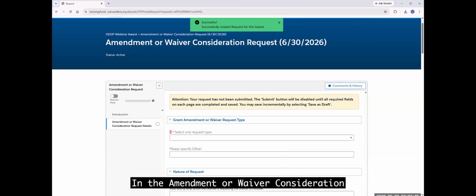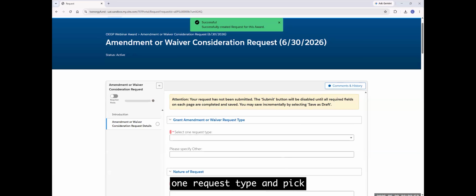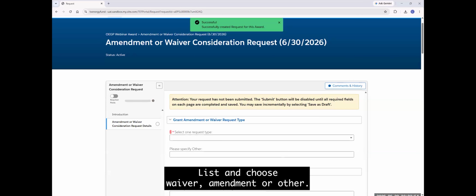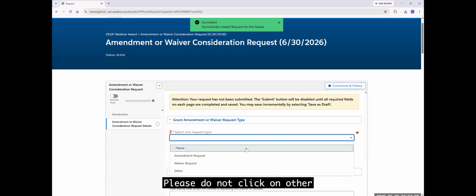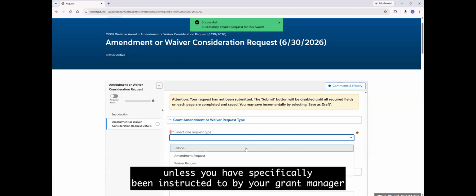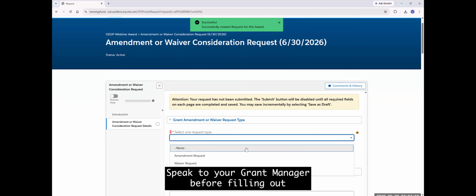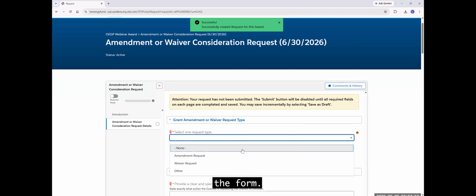In the Amendment or Waiver Consideration Request Details section, click on the Select one request type pick list and choose Waiver, Amendment, or Other. Please do not click on Other unless you have specifically been instructed to by your grant manager. For guidance on which request type may be applicable, speak to your grant manager before filling out the form.